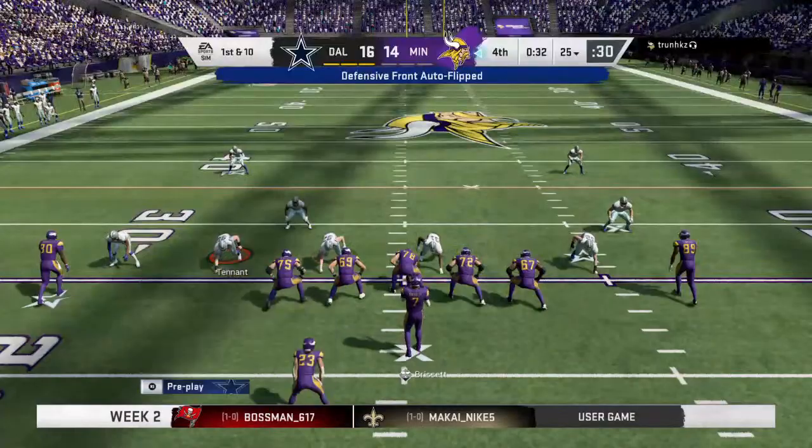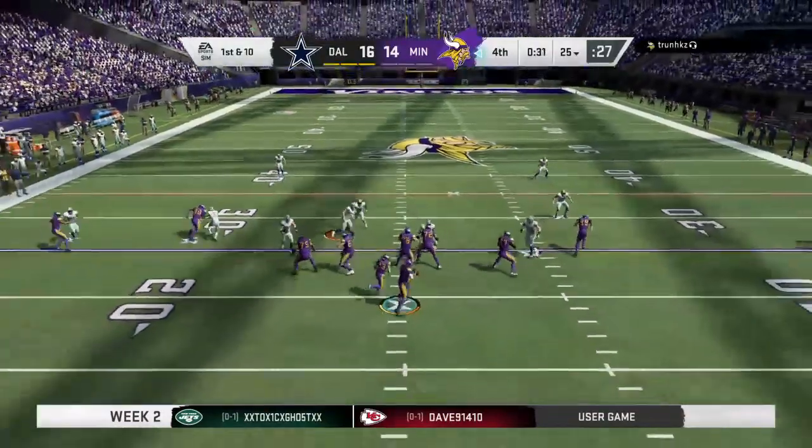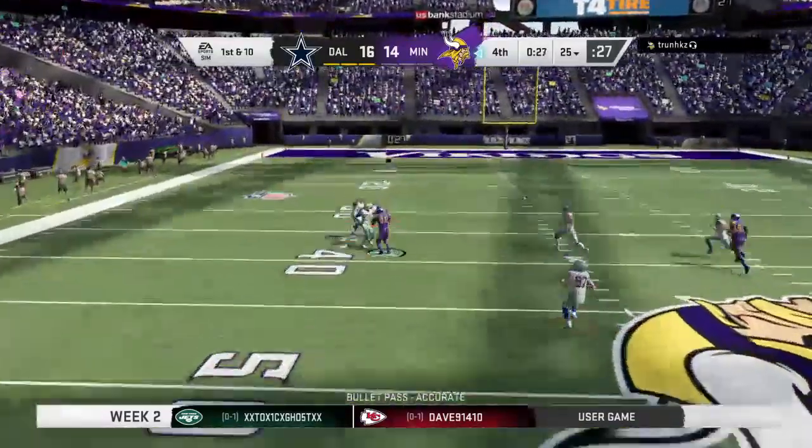Here are the Vikings now to start their next drive. They only need a field goal. Obviously, the clock a huge factor. They'll be watching that. What do they need to do here, Charles? Your sequence of plays has to...